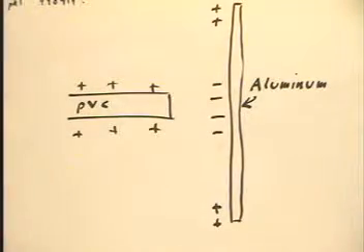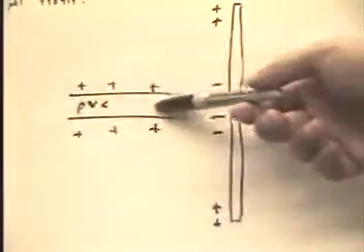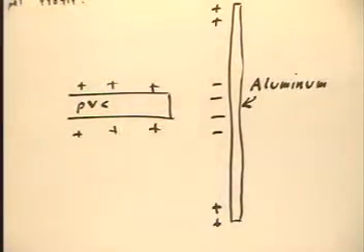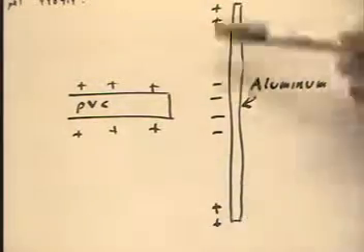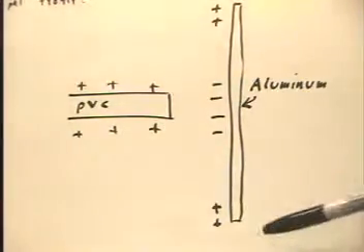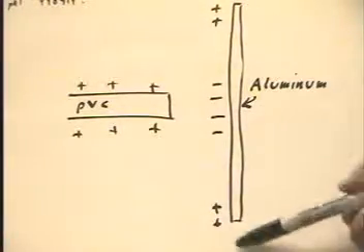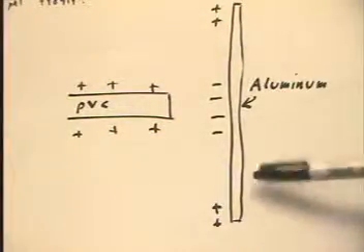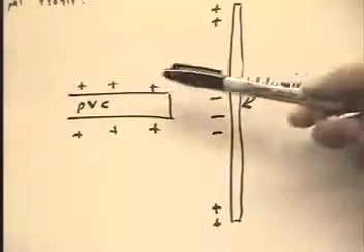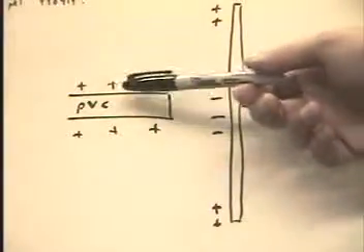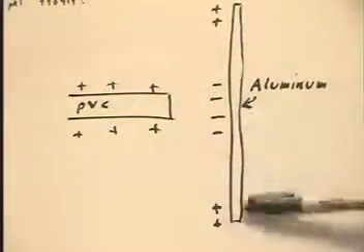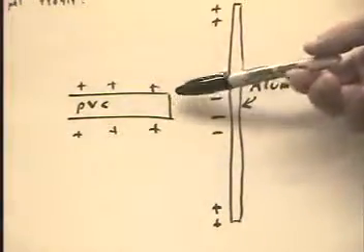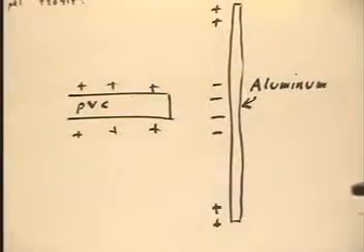As we've hopefully seen in some of the experiments, if we bring a charged PVC rod near the middle of an aluminum rod, the ends of the aluminum rod will have the same effect on a charged object, a charged piece of tape or something, as the PVC rod would. Maybe not as much effect, but perhaps in some cases more effect, but the same type of effect. That is, if the PVC rod attracts an object, the ends of the aluminum rod will attract the object, and we conclude that the ends of the aluminum rod somehow obtain a charge that's of the same type as that